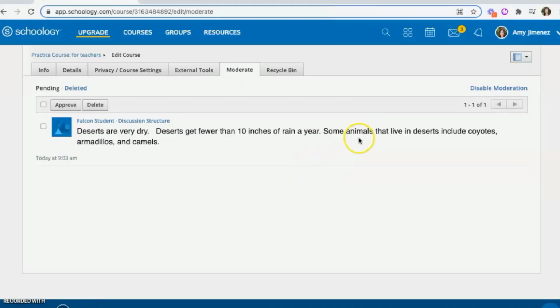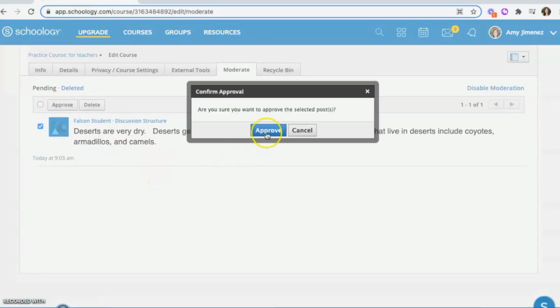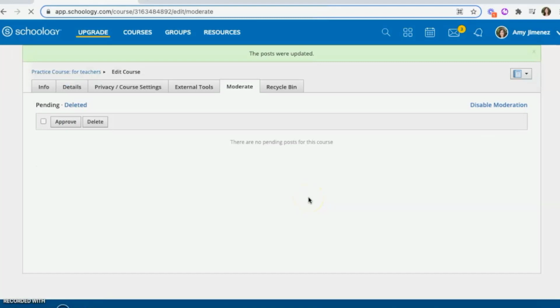So you'll do that first. I already have this turned on, and so here it's showing me my posts. I just have one. If you have multiples, you can select all of them, select some of them, and choose to approve it or choose to delete it. So I'm going to approve this post. And now it will be visible to the student who wrote that in the discussion board as well as the